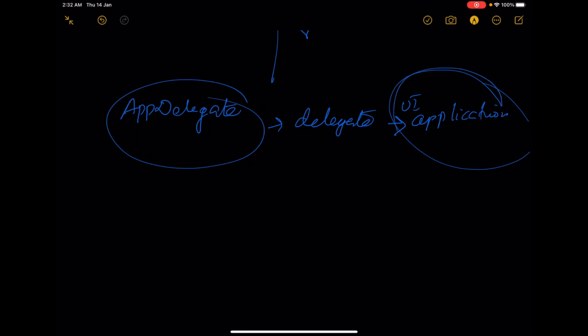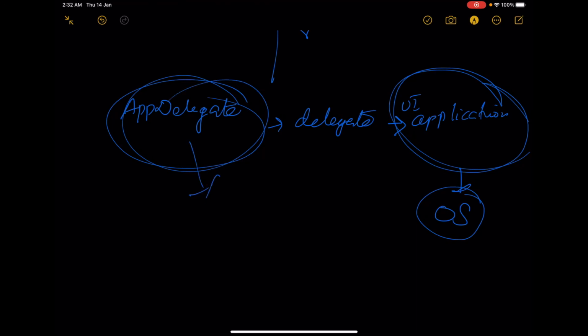Since the UI application object is being created by the operating system, at some point of time, whenever the user minimizes the application or something happens to the app lifecycle, the system will send a callback to this delegate so that you can take action whatever you want. So each application has a delegate called app delegate.